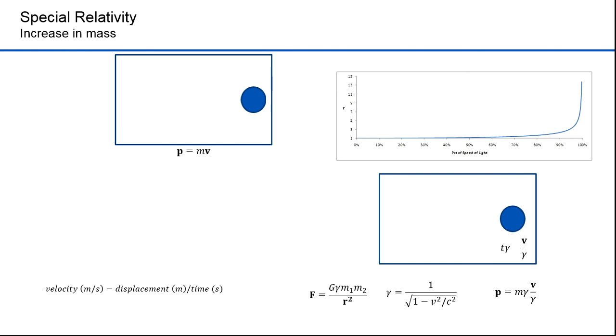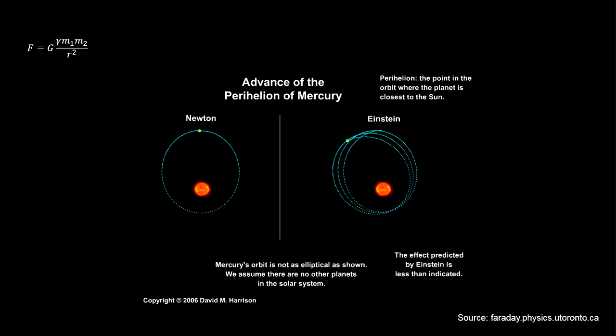This explains the discrepancy that Leverrier discovered in Mercury's orbit. At perihelion, the planet moves faster than at aphelion. At perihelion, the mass of Mercury is greater than at aphelion. That causes a perturbation in the orbit. Here's a comparison of the orbit of Mercury from Newton and Einstein's perspective. The Newtonian animation assumes the planet follows a perfect ellipse. The Einstein animation is based on the added force at perihelion, which accounts for the precession in the direction of the orbit's rotation. This effect has now also been measured with Venus and Earth.